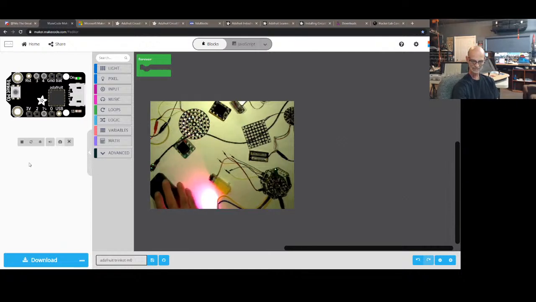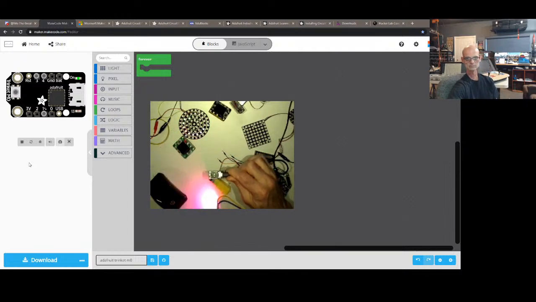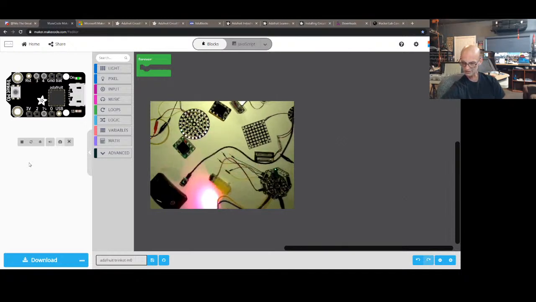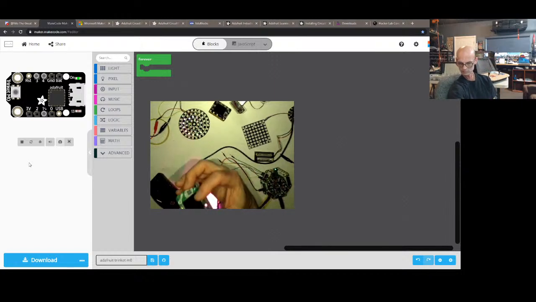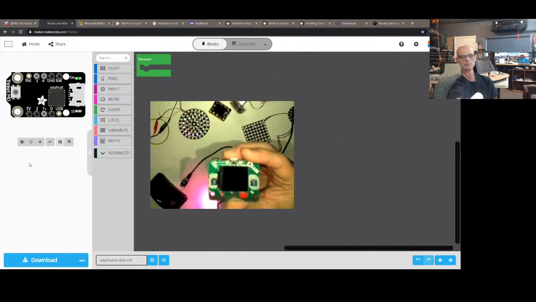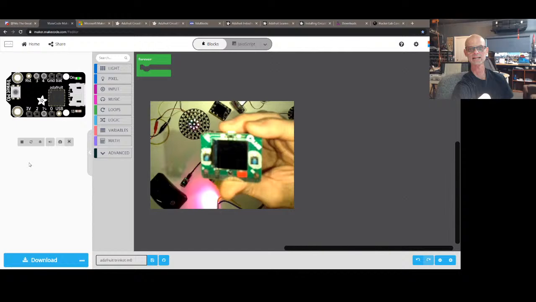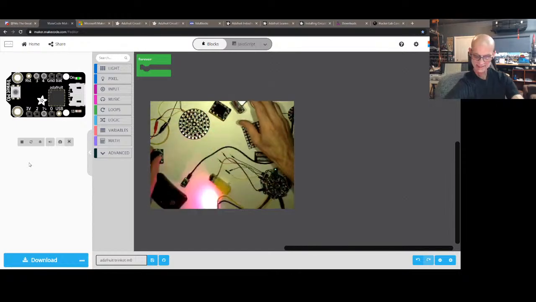All right, so these things are tiny. The Trinkets are tiny. And so let me just do a roll call. So this is Trinket, pretty small. Probably the next thing up size-wise that I have is the Clue. And that's probably a matter of opinion, but which is not a huge device. This device is cool because it has a,